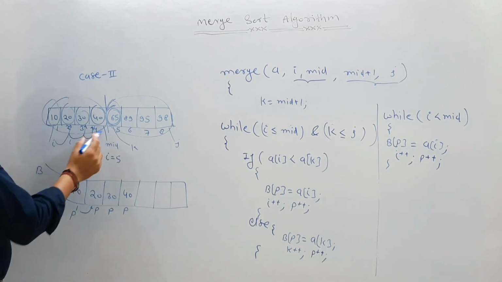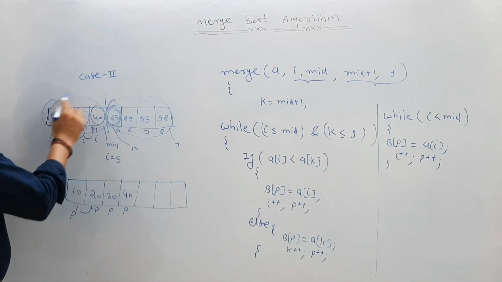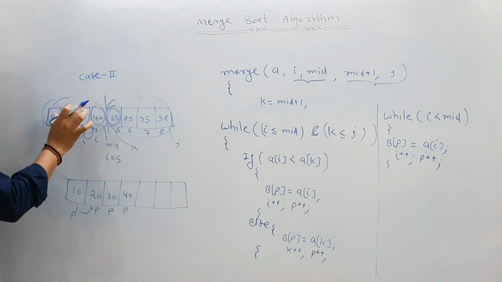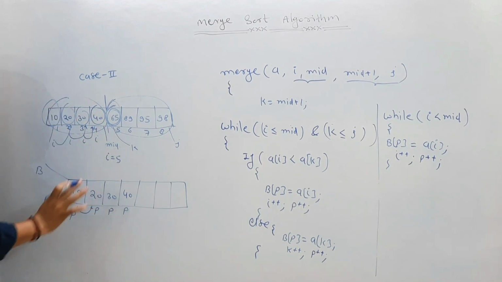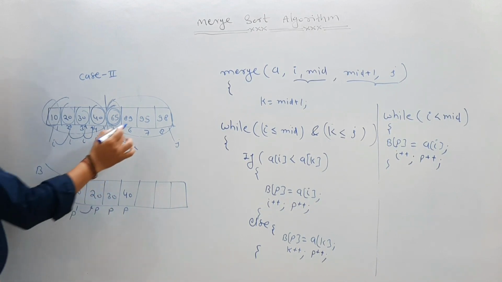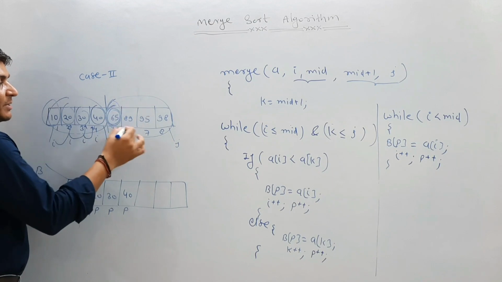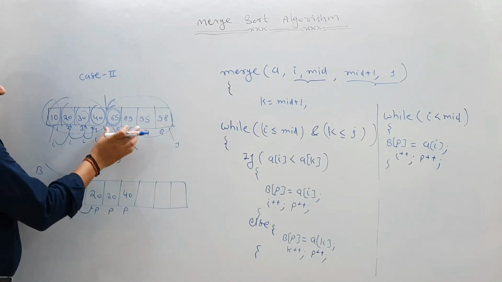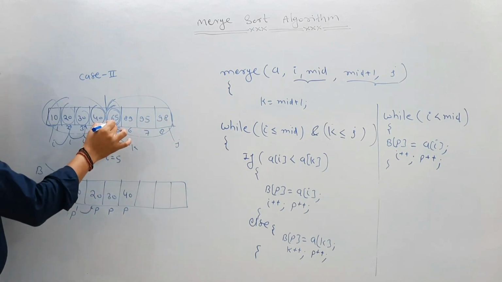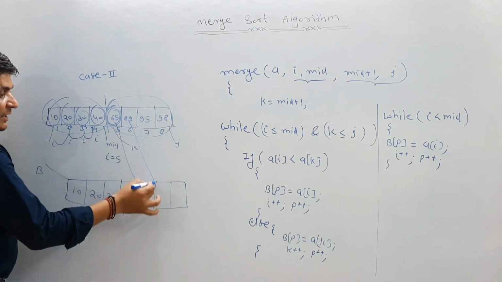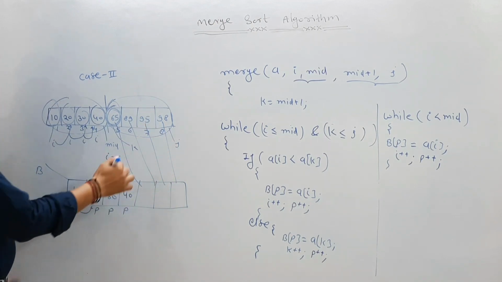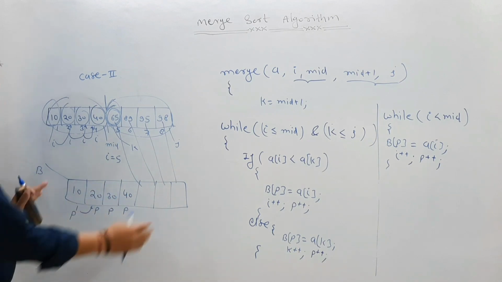Now once I is out of this first sorted subarray, it means this array is copied. All the elements from the first array are copied into the extra array of size m plus n. So now we can simply copy all the elements from the second sorted subarray, because all the elements are already sorted. So simply our task is to copy all the elements: 65, 89, 95, 98. Then we will find that this array is sorted.